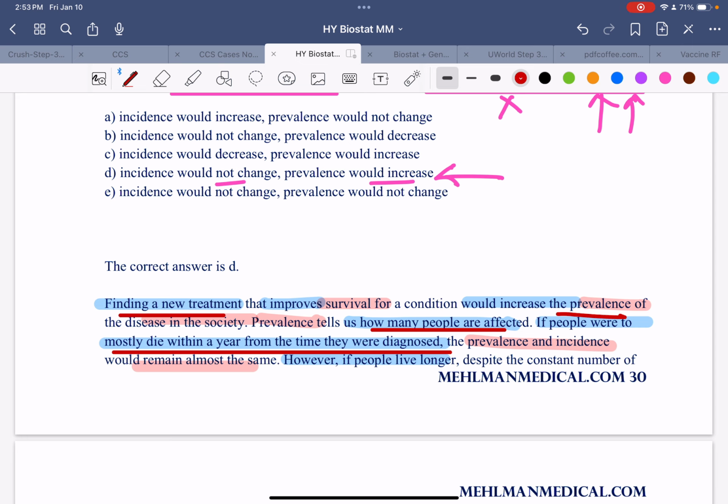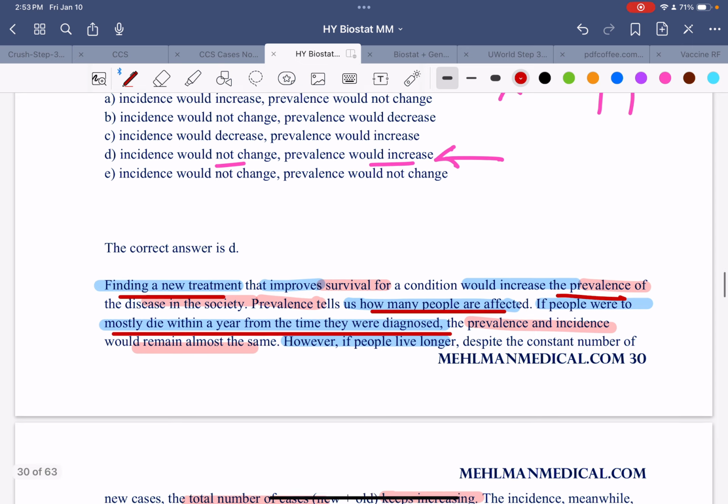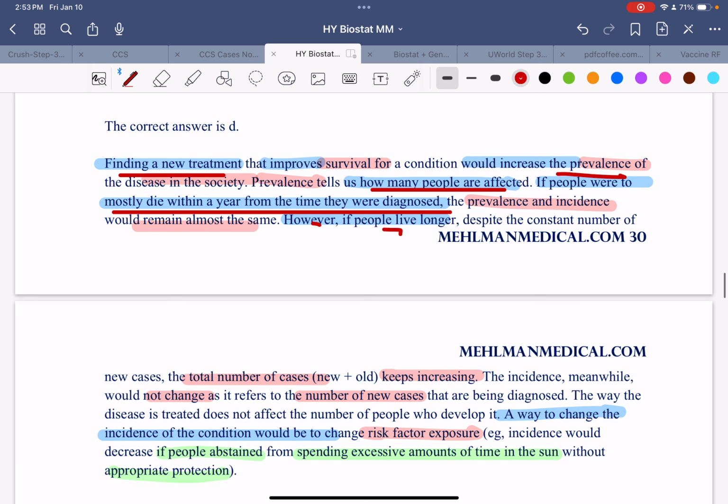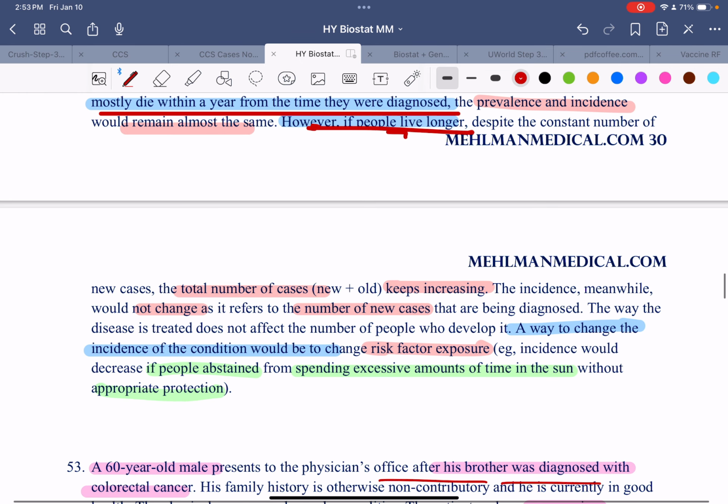The people who developed the new disease have actually died now, right? But now since they are living longer, that means that the prevalence will increase, but the incidence will not change, right? And how can we change the incidence? That's a good question. A way to change the incidence of the condition is by changing the risk factor exposure. For example, in the case of melanoma, if you change the amount of time that the people are spending in the sun, or they start using sunscreens, then that is a protective factor, and that will decrease both the incidence